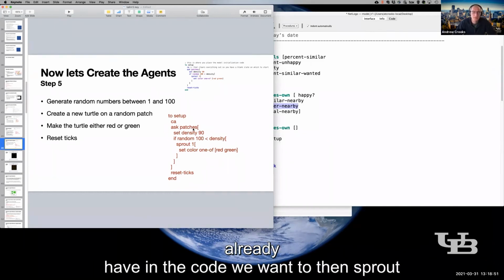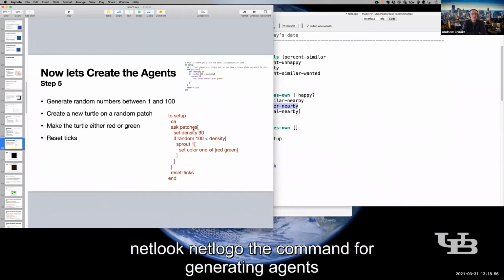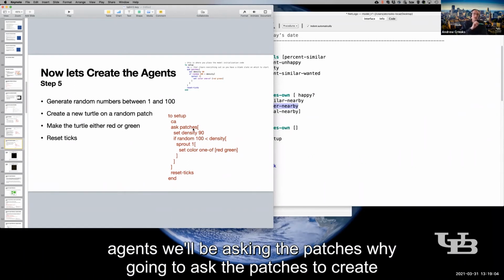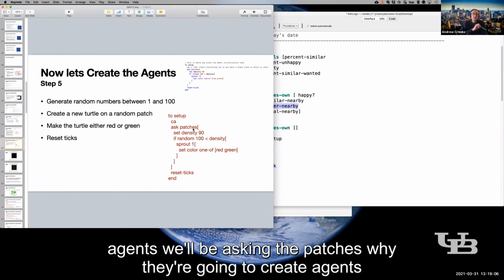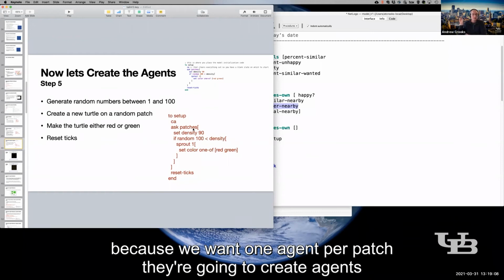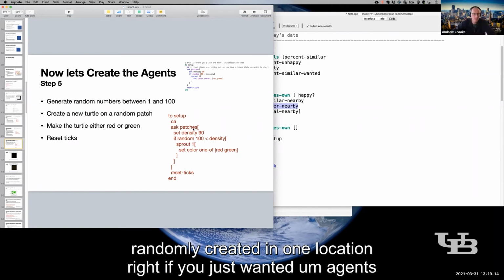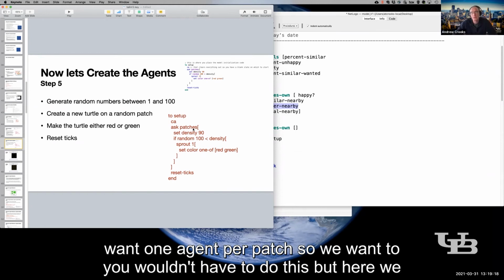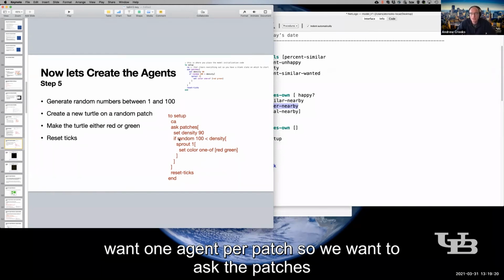We want to then sprout. In NetLogo, the command for generating agents on a patch is called sprout. So we're going to ask the patches to create agents. We'll be asking the patches why they're going to create agents, because we want one agent per patch, right? If you just wanted agents randomly created in one location, you wouldn't have to do this. But here we want one agent per patch. So we want to ask the patches to generate